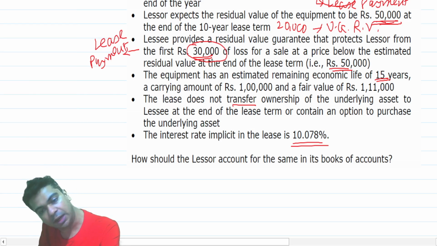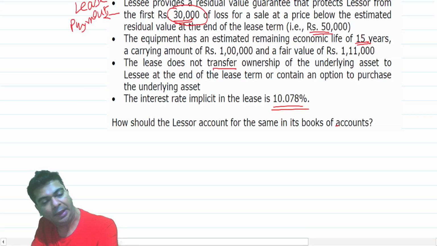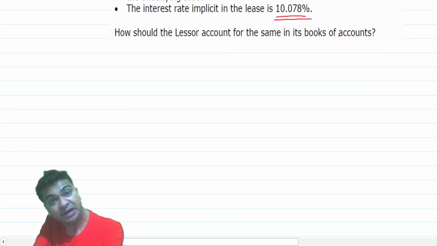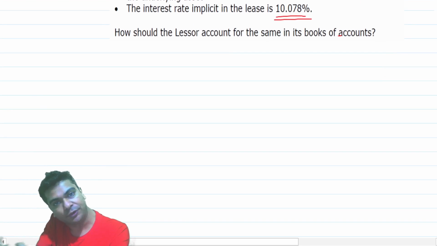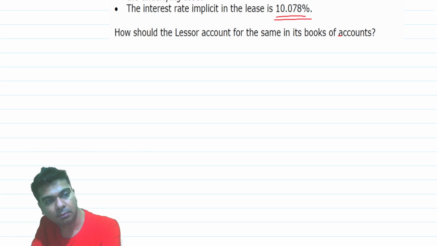How should the lessor account for the same in its books of accounts? They have not clarified the nature of the lessor, whether the lessor is other than manufacturer or a dealer, or is the lessor a manufacturer or a dealer. We will provide treatment for both the types of lessor. But first we say